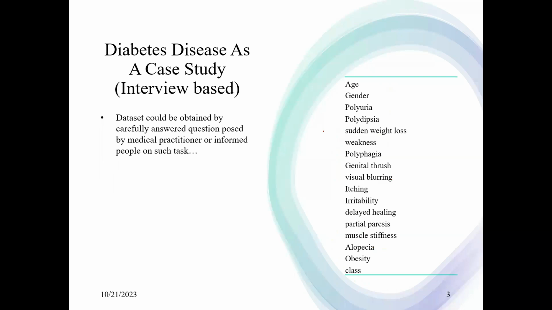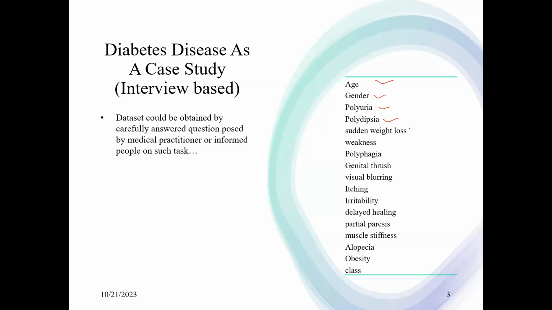Features that all these questions can be answered at a go by a patient. A medical practitioner or a nurse or anyone who is aware of these terminologies can go into a particular setting, meet people individually to get as many data sets as possible. It has the age, you have the gender, you have the urea, the polydipsia. These are basic questions you can ask based on explanation of the meaning to the person involved. They can answer the question either it's present in them or not, without necessarily doing a lot of any medical